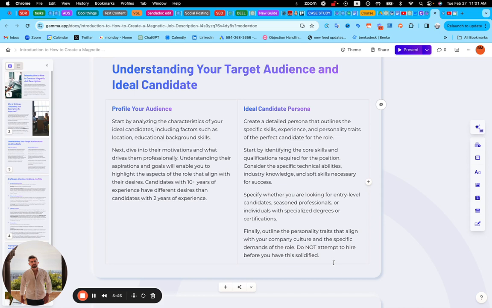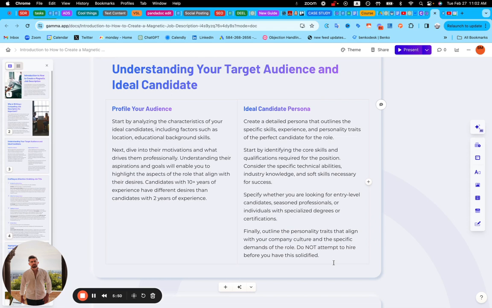Also, make sure that you have these specific demands of the role outlined as well. Too many times I have people come to us where they want to hire, let's say, for example, a sales development representative, an SDR, right? Typically, these hires are done by business owners who are struggling with lead flow. Maybe they're struggling to actually grow their business, and they think the solution is hiring someone to save their business,